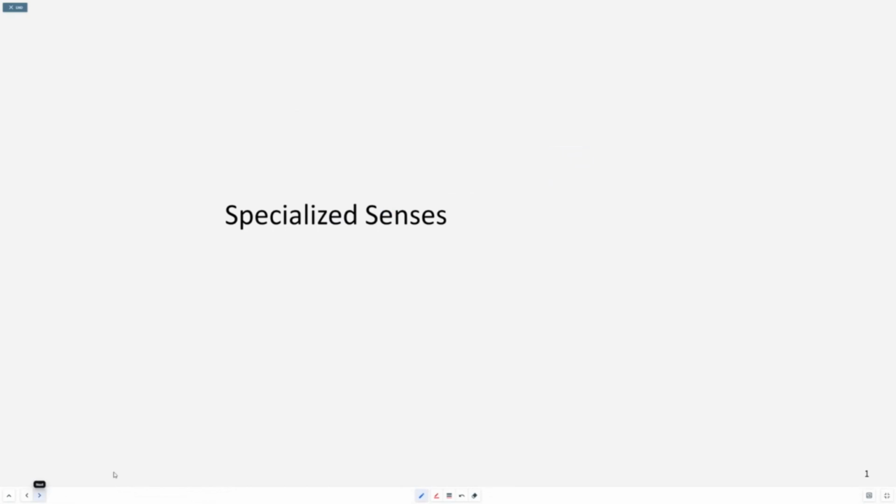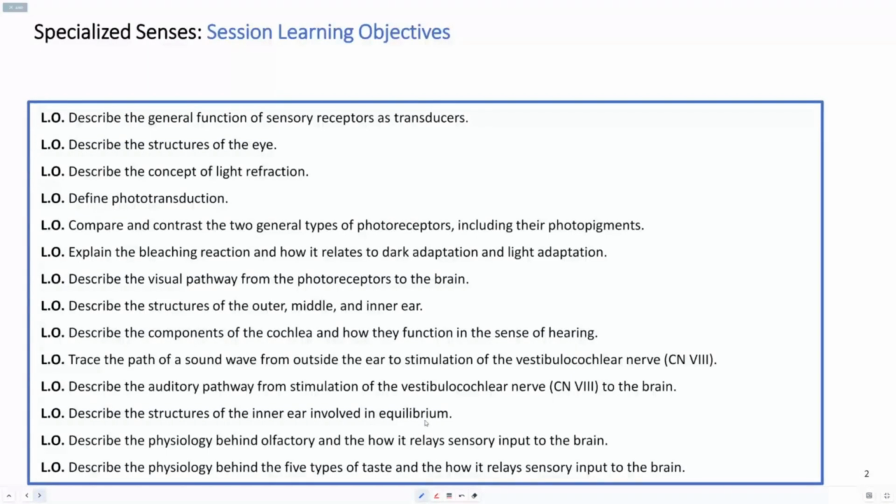Specialized senses. The learning objectives for this session are: describe the general function of sensory receptors as transducers, describe the structures of the eye, describe the concept of light refraction, define phototransduction, compare and contrast the two general types of photoreceptors including their photopigment, explain the bleaching reaction and how it relates to dark adaptation and light adaptation, describe the visual